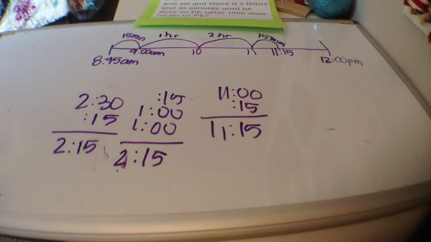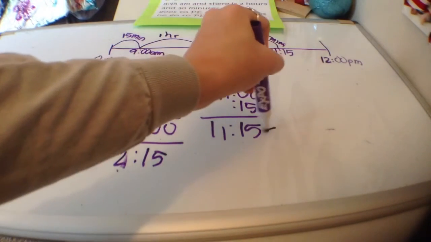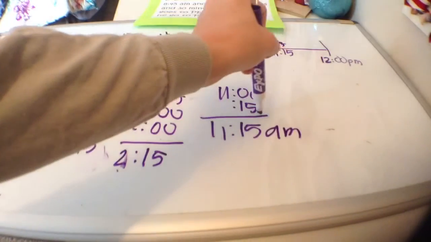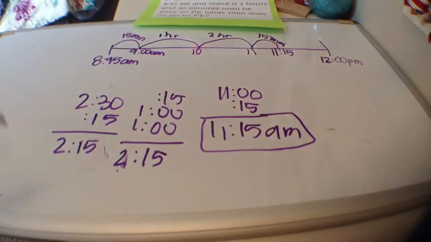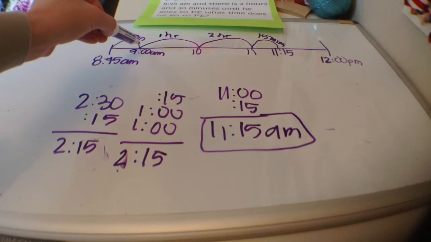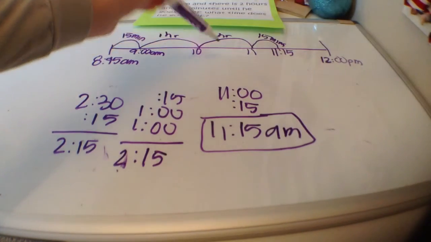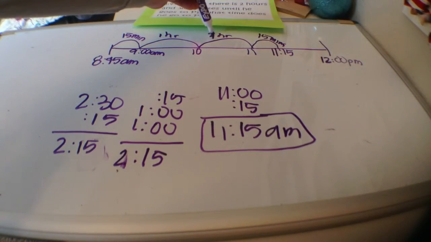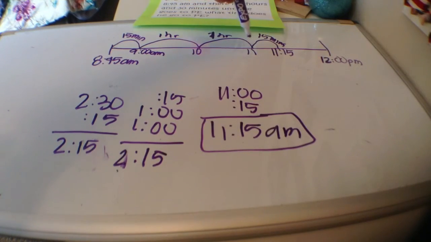So we know that if Bobby's school starts at 8:45 and there are 2 hours and 30 minutes until PE, then he will be going to PE at 11:15 a.m. And we know that because starting at 8:45 we made one 15-minute jump, then we made an hour jump, and another hour jump for 2 whole